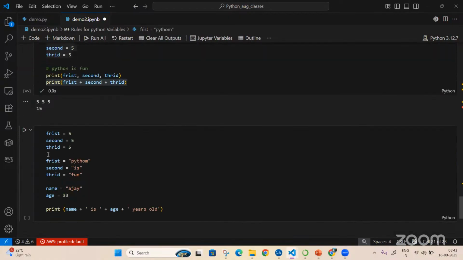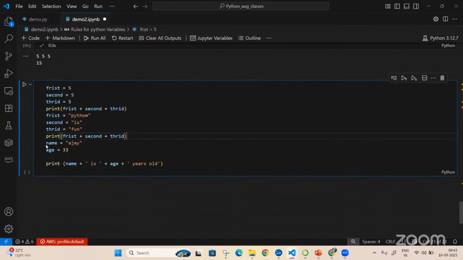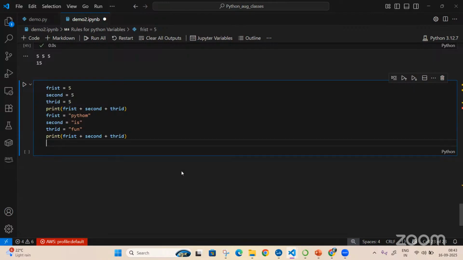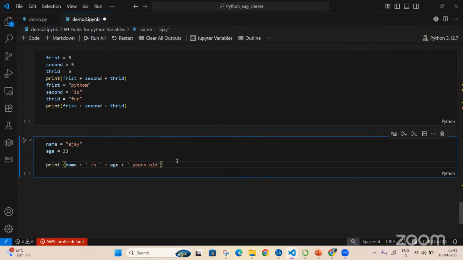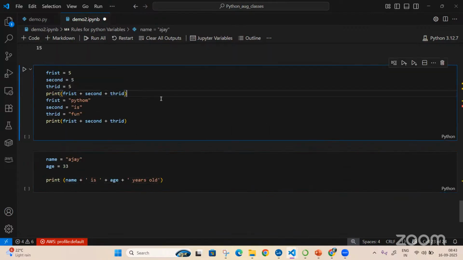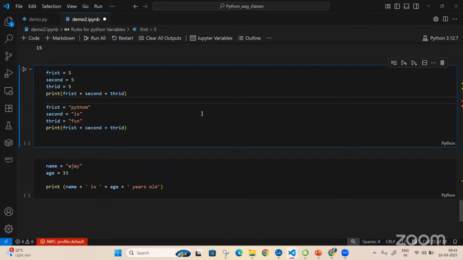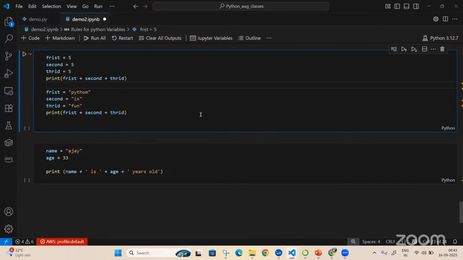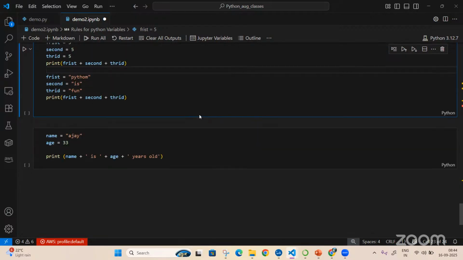In the first one, you are doing an arithmetic operation. In the second one, you are concatenating three strings. And in Ajay and 33, you are concatenating a string and a number.